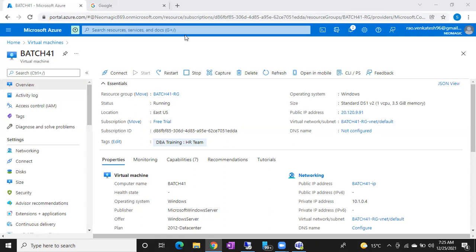Yes, tell me. Can you please give me the permissions to record, sir? Okay, Kiran, you raised your hand for recording permissions. I thought you started learning Azure. Okay, no problem, you can record. Any other questions, guys? Any doubts? Okay, Muthu. Okay, fine. So let me connect to this machine.